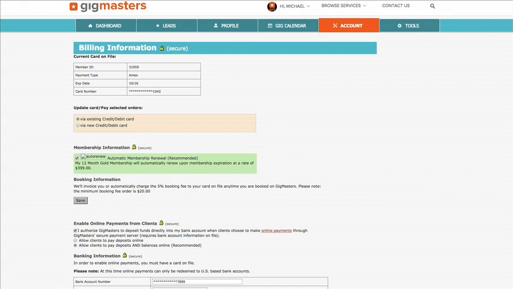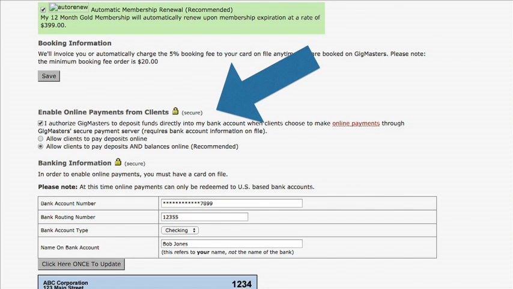If you do want to update any bank account information, you just want to scroll down a little bit more on this page and make sure that checkbox is checked, authorizing online payments from clients. Now you'll have the option to accept either deposits or both deposits and balances. We do recommend accepting both, but it's really your personal preference